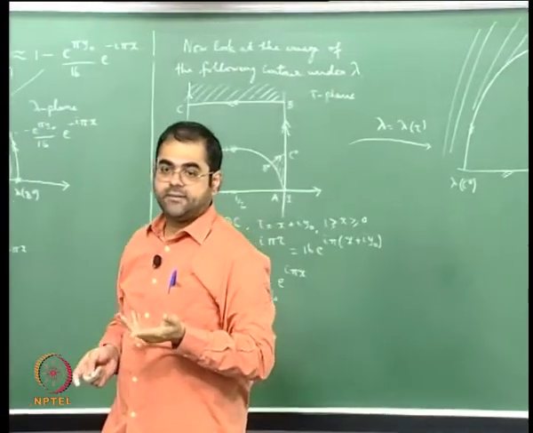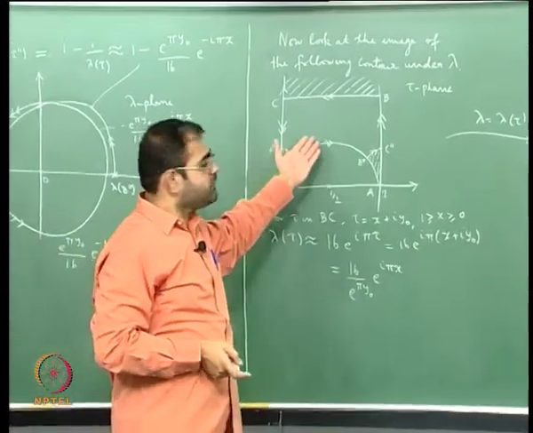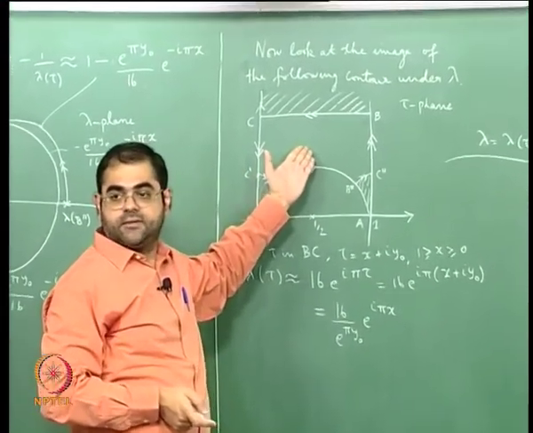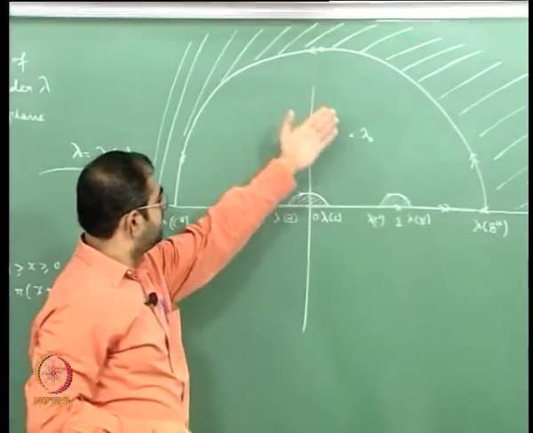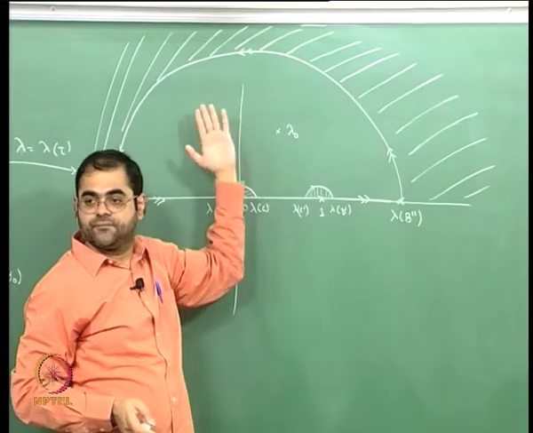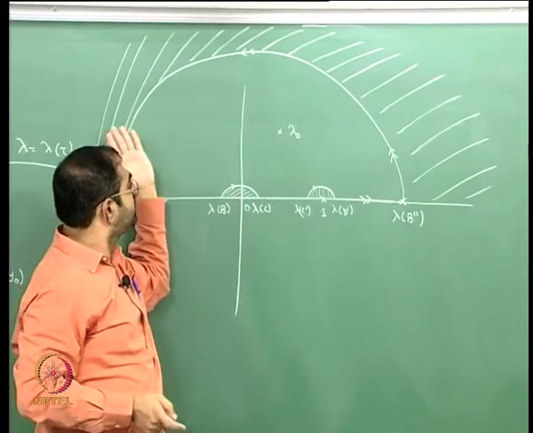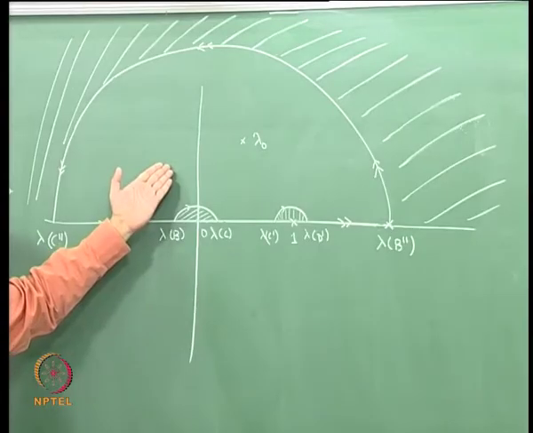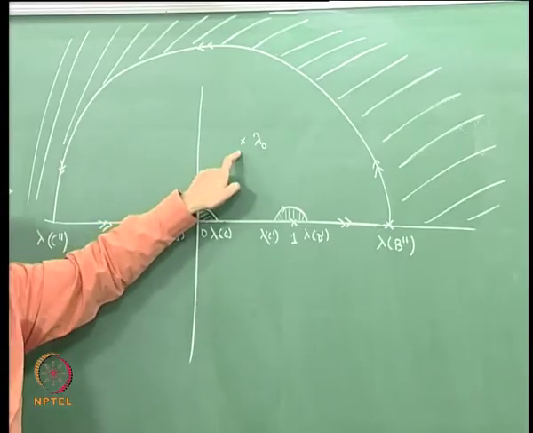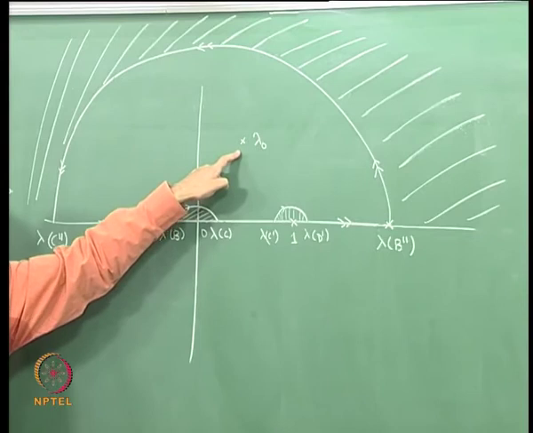What does it mean? It means that the winding number of the image of that contour in the lambda plane about any point in the upper half plane is 1,